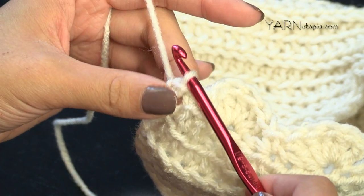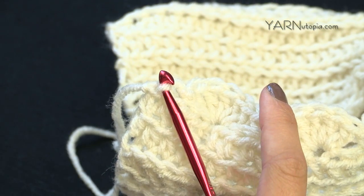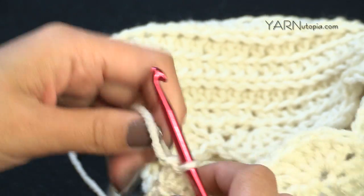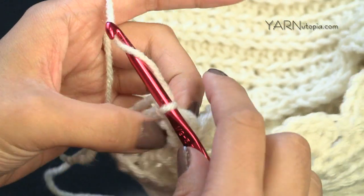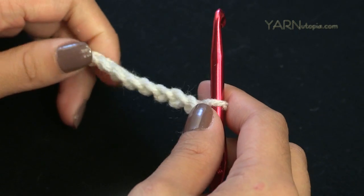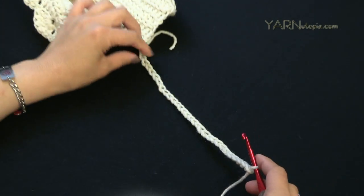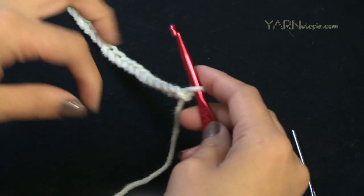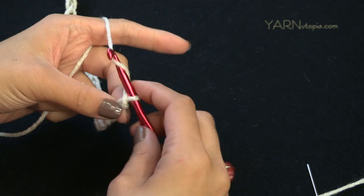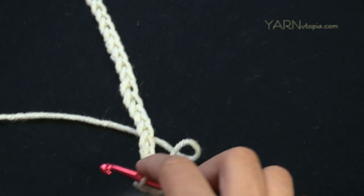And now we are going to chain something that is about, I would say, 8 to 10 inches. So I'm going to chain and then I'll let you know how many chains I make. Alright, so I chained 30 with my eye hook, so you can see that here. And now we have to go back. So actually chain 31 because we're going to skip that. So chain 31, and now looking at your